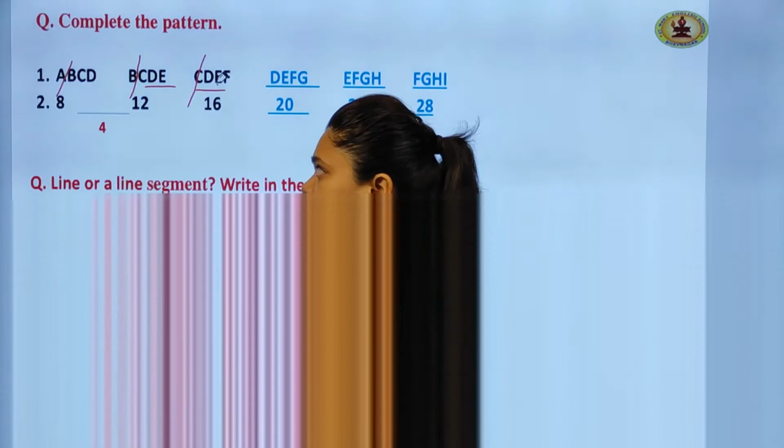So let us see. Here in the first question, do we have two arrows? Yes. So it is known as a line. For the next one, do we have any arrows at the end point? No, we do not have. So it is called a line segment. For the third one, again we have two arrows at the end. If two arrows, that means it is called a line. And for the fourth one, again two arrows we have, it is said to be a line. So understood, children? Now let us proceed.